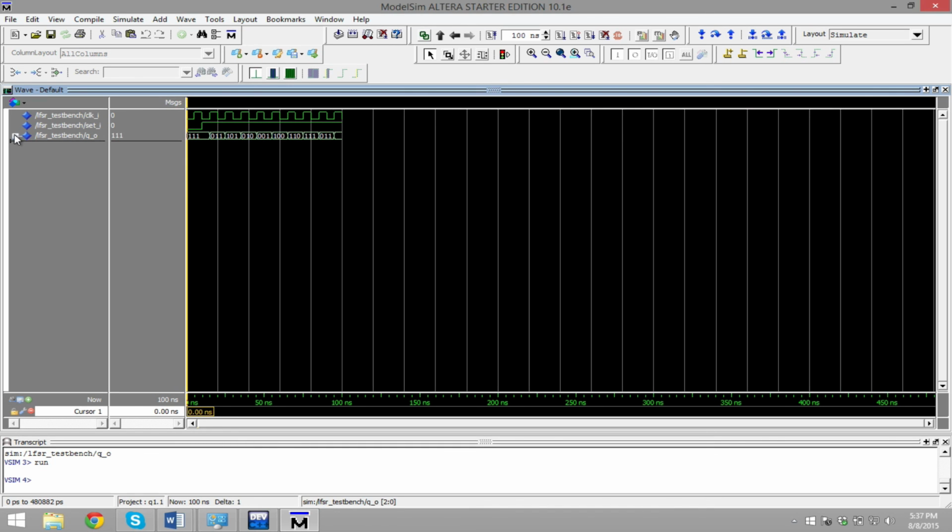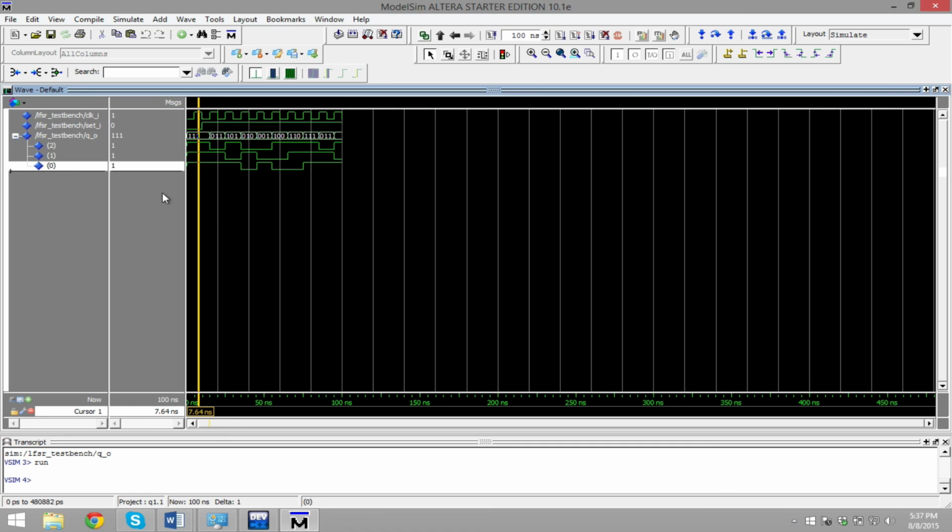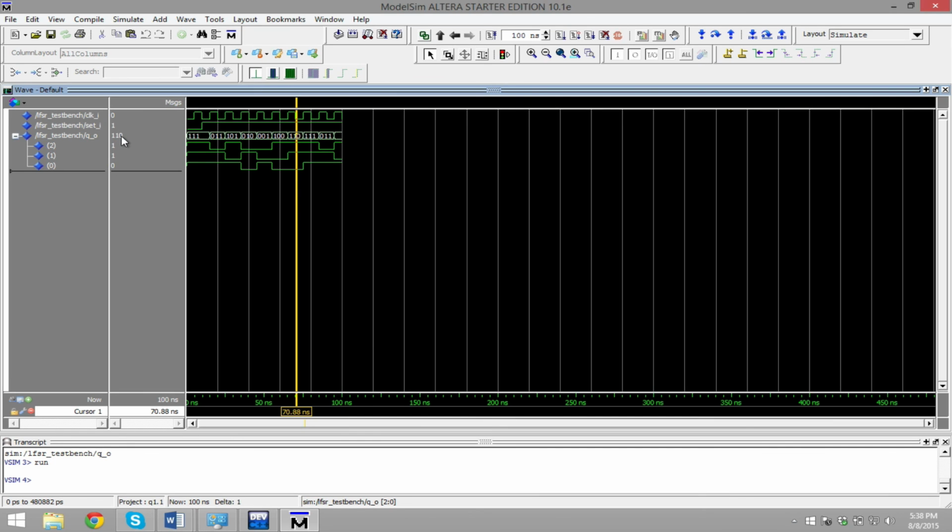Okay, if you want to see it in a waveform, you just press this plus and you're gonna expand the vector output. So basically this is the first element inside the vector, second, and so on. So basically right now we have all 1 as the set is 0. Once the set changes, the output will change. If the set is 1, then according to the clock, when the clock ticks, the output is gonna change to 0, 1, 0, and so on, and it's gonna repeat once it reaches 1, 1, 0. And just so you know, mine is this is the high most significant bit, and this is the low